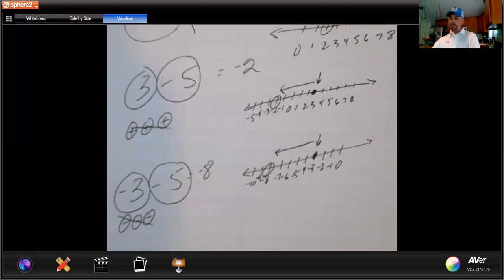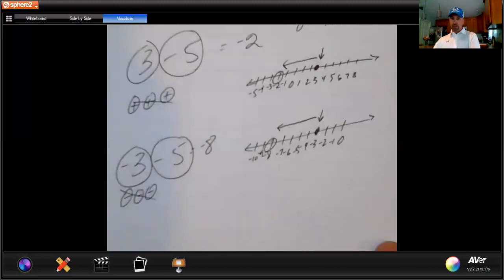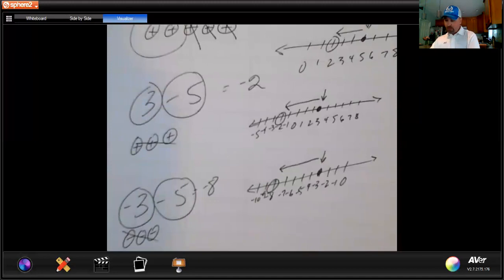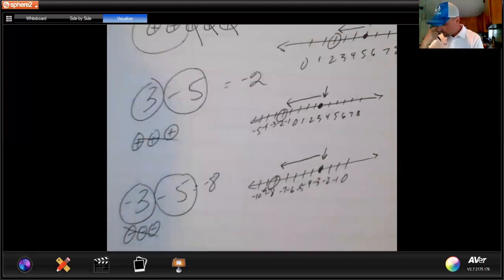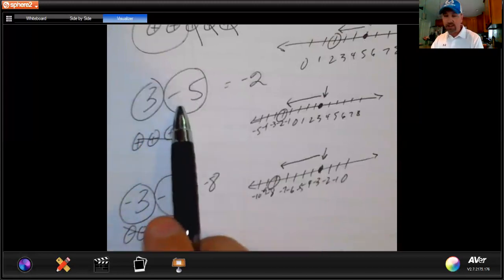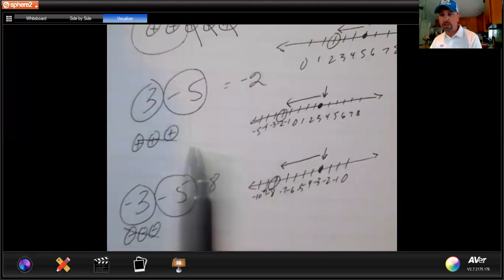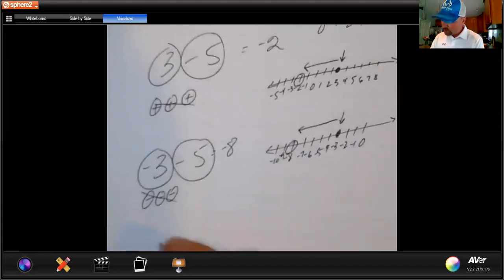All right. So, in this one, we changed the sign of the first number from here. Okay. So now let's change the sign of the second number. This is the one that really doesn't make a whole lot of sense. Okay. So we're going to do